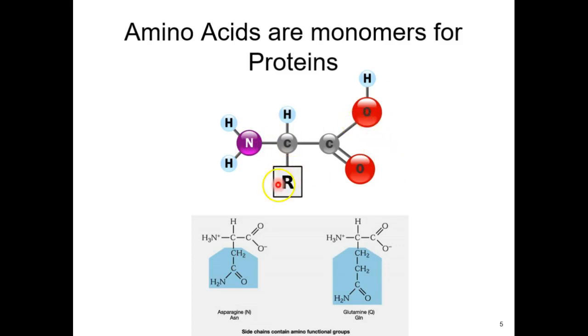Then there's this thing right here. This is the R group, and we call this a functional group. It's actually just standing in because this is highly variable. You have a number of different amino acids that involve a number of different arrangements of molecules. They have different electronegativities. They interact with each other differently. That's going to be what makes proteins fold in certain patterns. I don't want to say magnetic forces because it's actually the opposite of that, but things are attracted to each other or repulsed from each other based on what R group is in that specific amino acid.